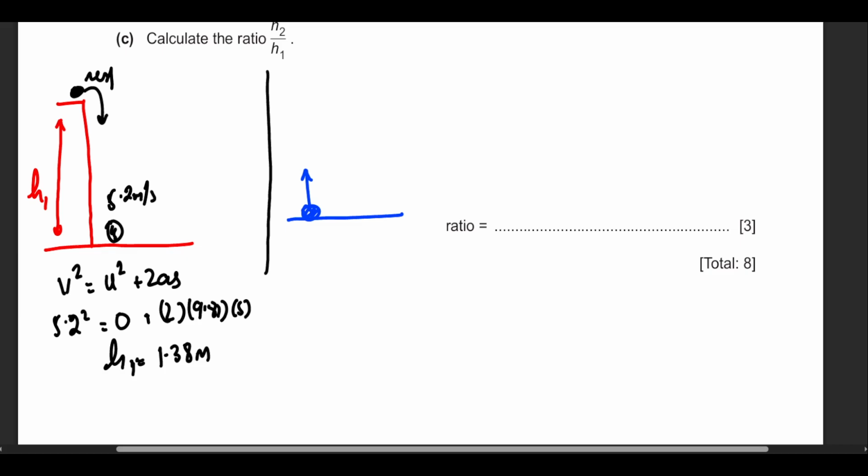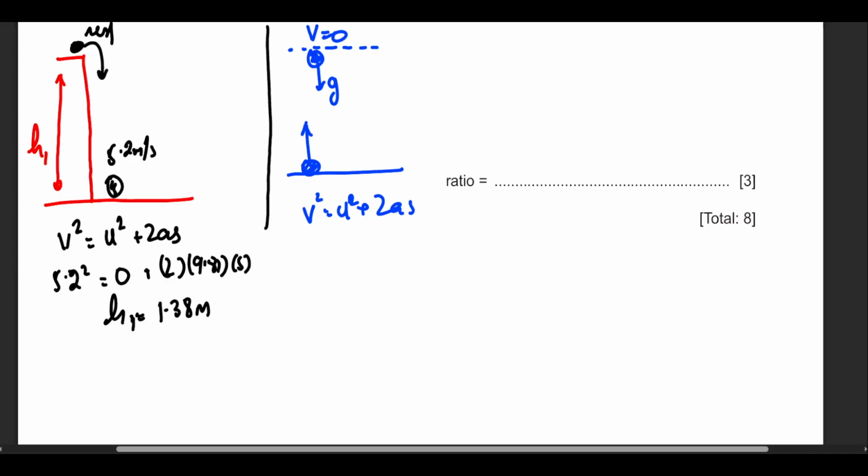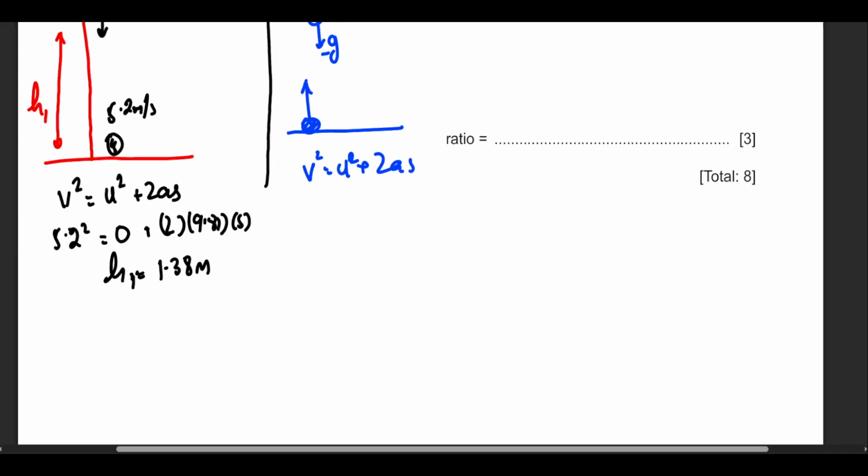So this should be, and we want to find out how high it can go. When we say maximum height, that means at this point the velocity should be 0. So in this case, this will be v squared equals u squared plus 2as once more. But since it's going up, gravity is acting downwards, so there will be a negative sign with it. And this time around, this will be 0 squared equals 3.6